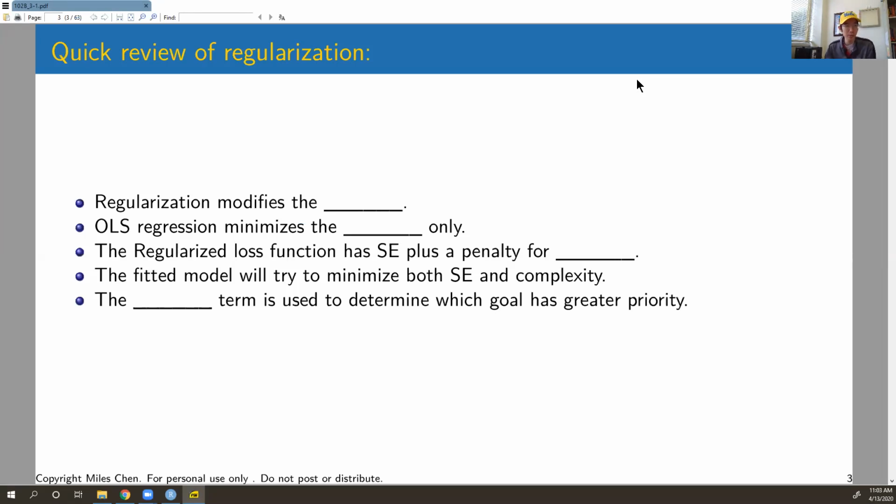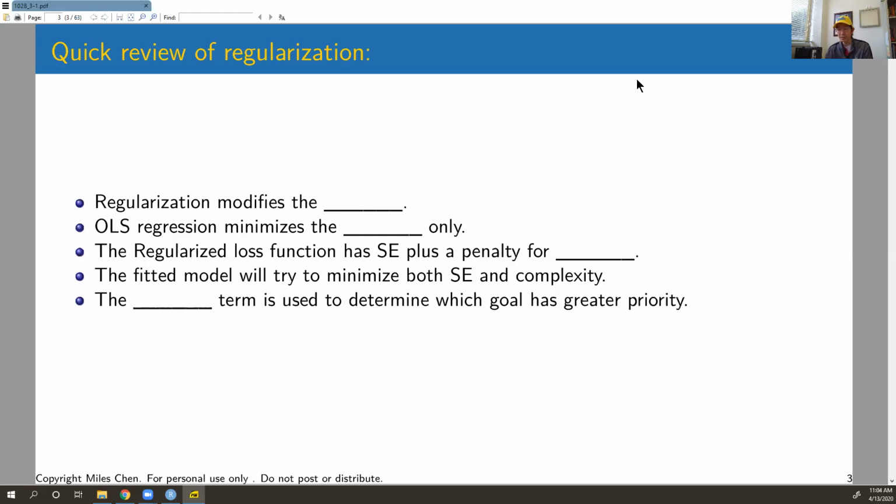All right. So when we talked about regularization, we said regularization modifies the blank. OLS regression minimizes the, and then again, what is, blank function only, whereas the regularized loss function has the sum of squared errors plus a penalty for something blank, okay? And the fitted model will try to minimize both squared error and complexity, and the blank term is used to determine which goal has greater priority. So I don't know if you're filling in the blanks in your head here,